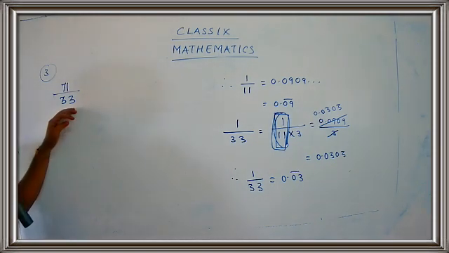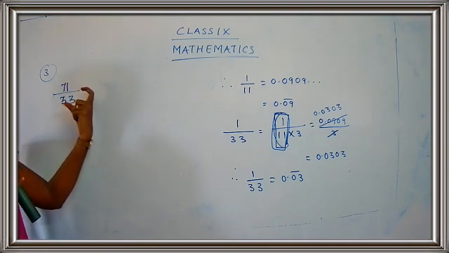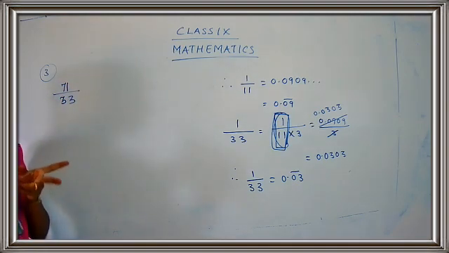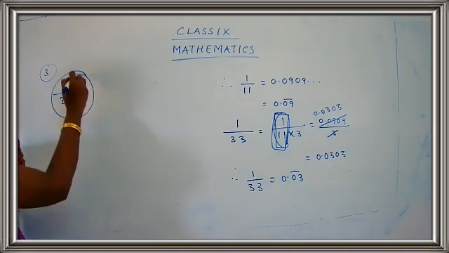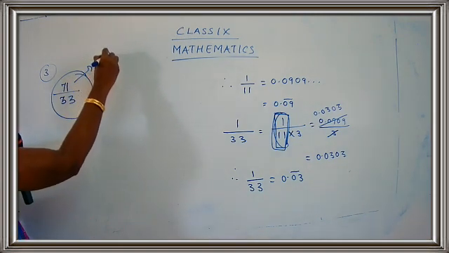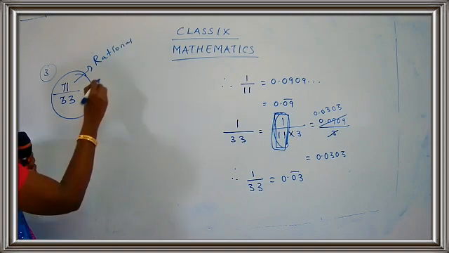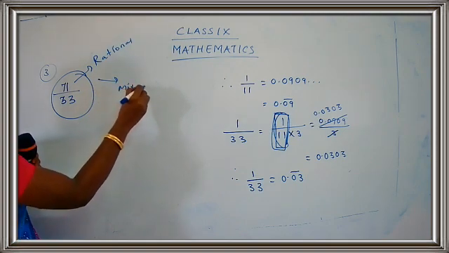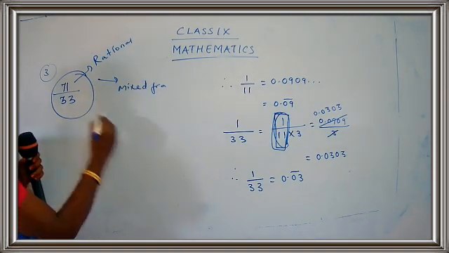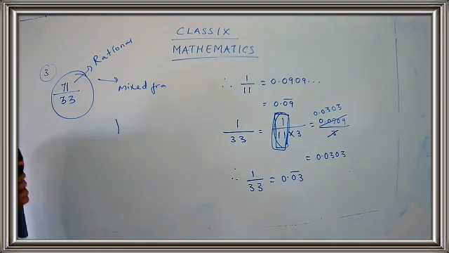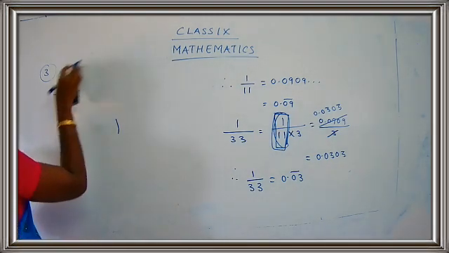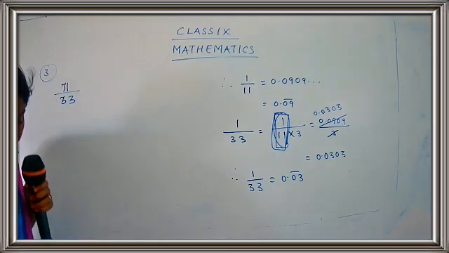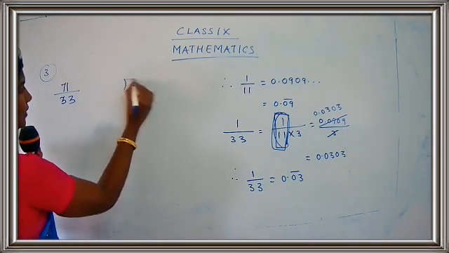Now for this sum, you are going to change this rational number in terms of mixed fraction. Okay, children, what are we going to do? We are going to change this rational number in terms of mixed fraction. So let's see how to change into mixed fraction. I'm going to divide this. I'll just divide it over here.